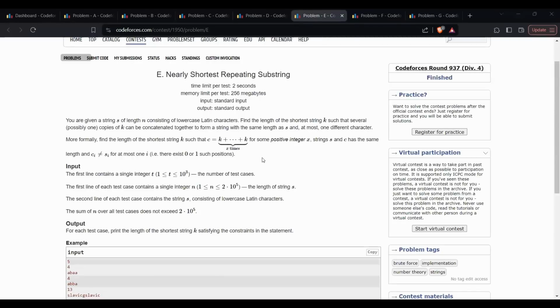So we are given in this problem a string S of length n consisting of lowercase Latin letters, and we need to find the shortest string k such that several copies of k can be concatenated together to form a string of the same length as S, with at most one different character. That means there is at max one different character between S and the string that we have created by concatenating